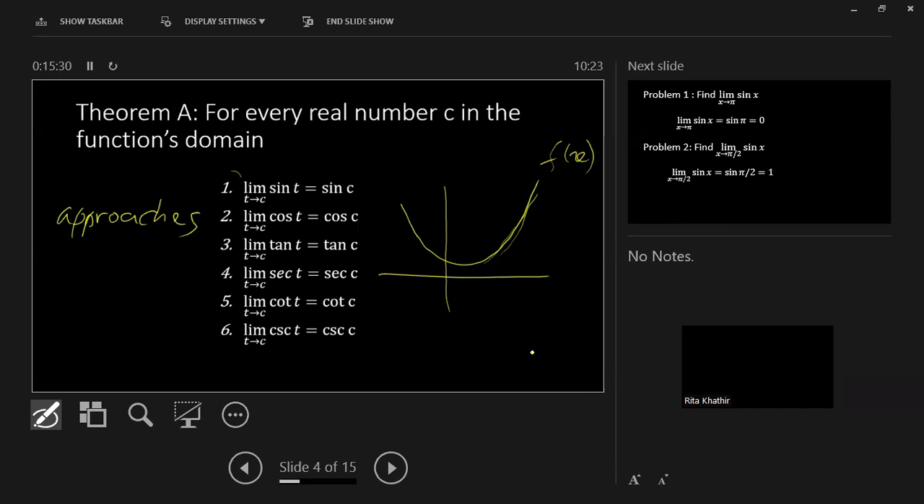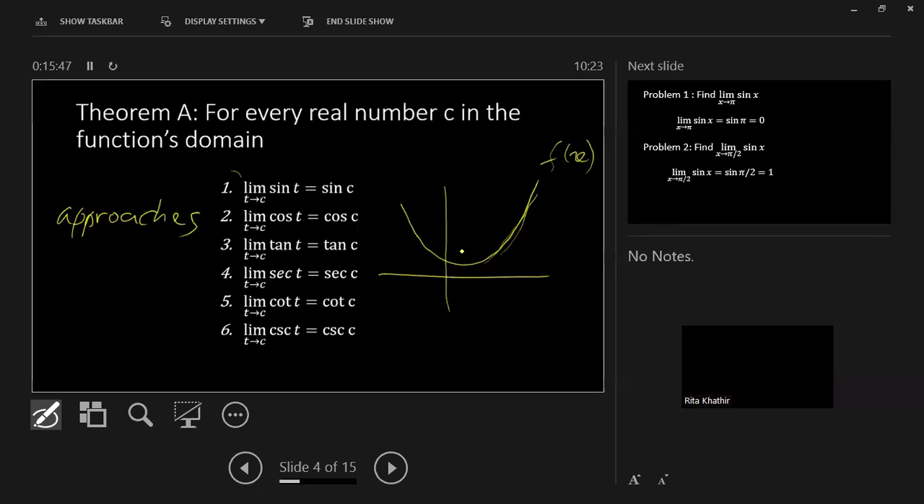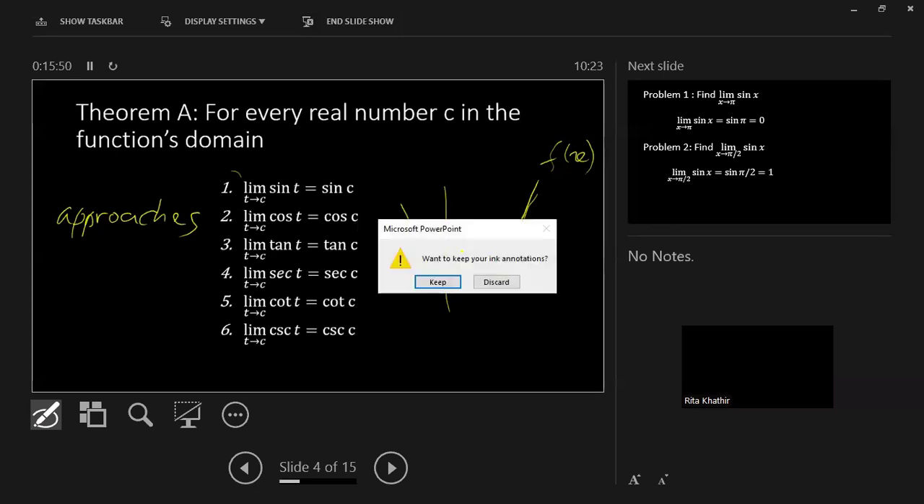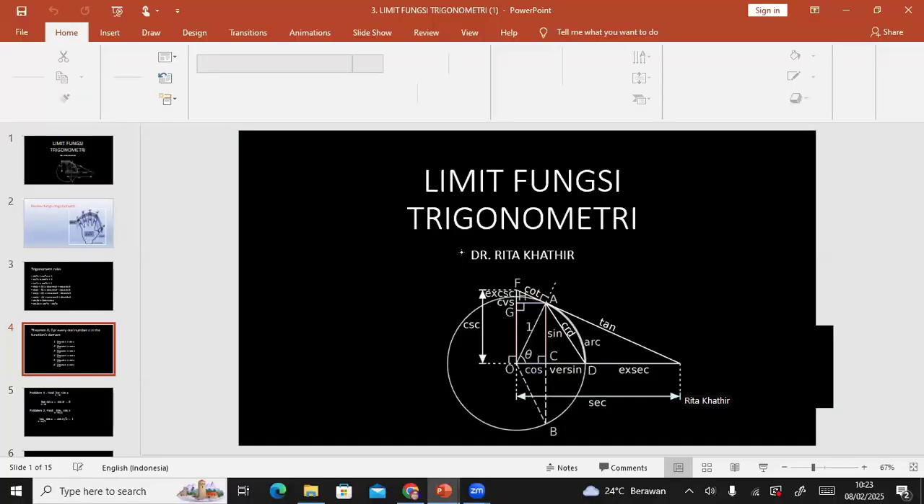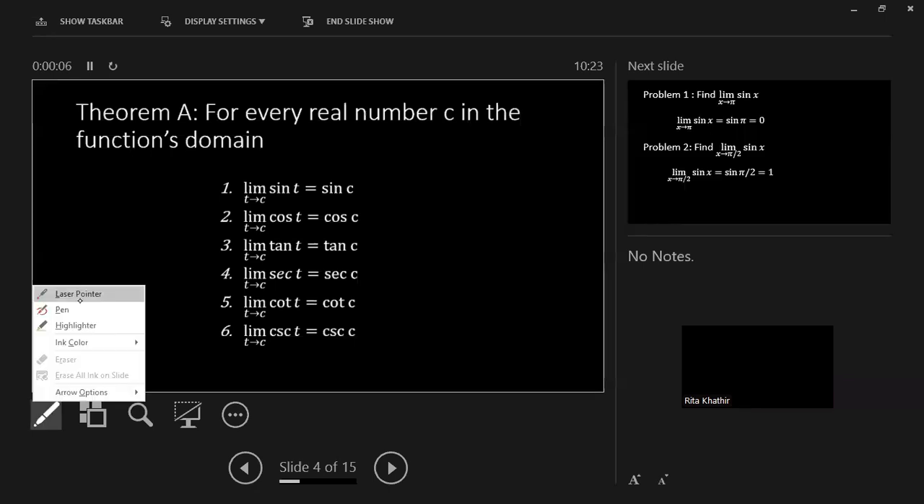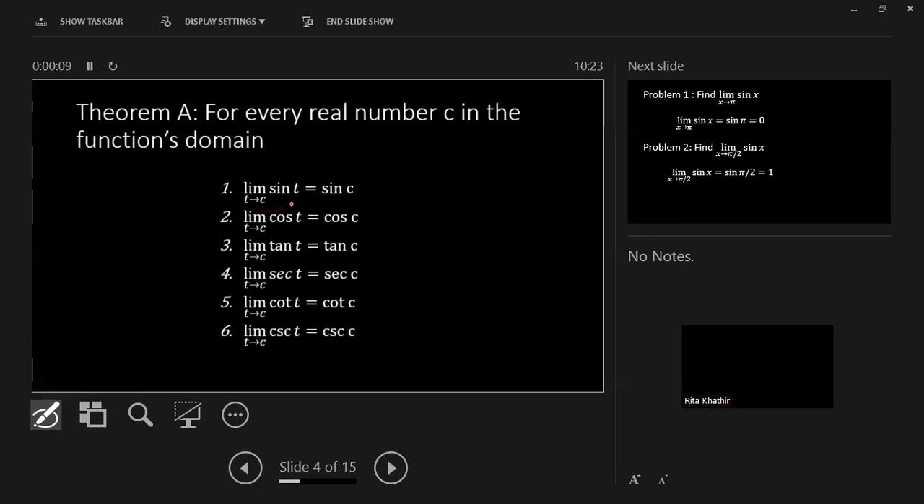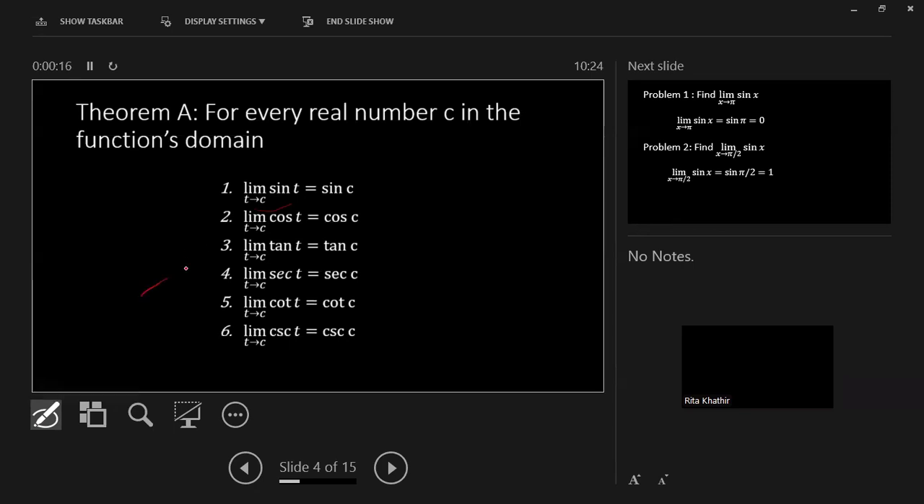Okay, we will check what happened. So we will repeat again, yes. So again, ink color is yellow. Um,